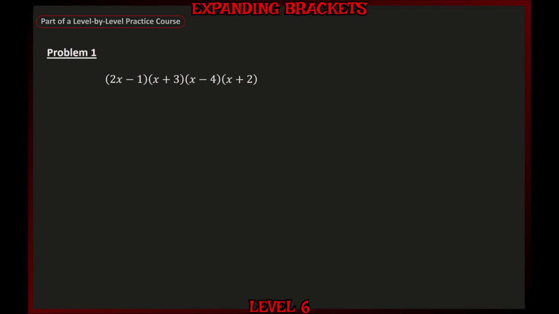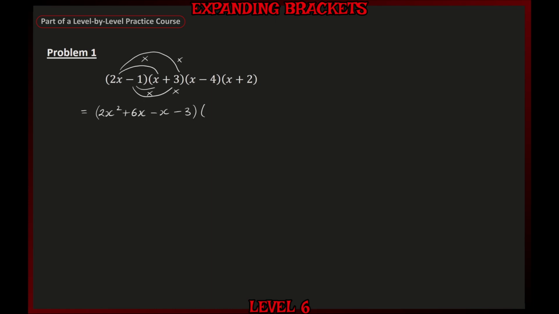So we can begin with the first two brackets, and 2x multiplied by x gives us 2x squared. 2x multiplied by 3 gives us plus 6x. Minus 1 multiplied by x is minus x, and minus 1 multiplied by 3 is minus 3. And this needs to go in one bracket because we're going to be multiplying it by the product of the